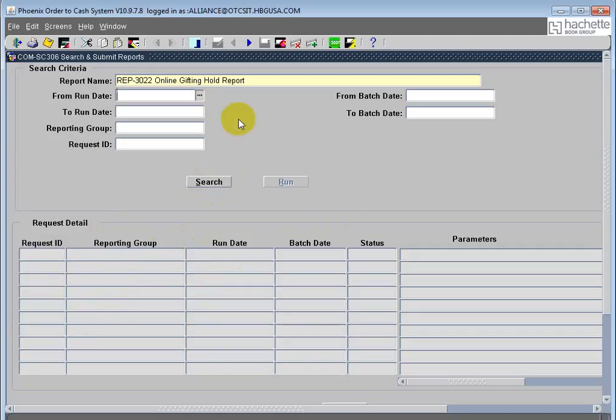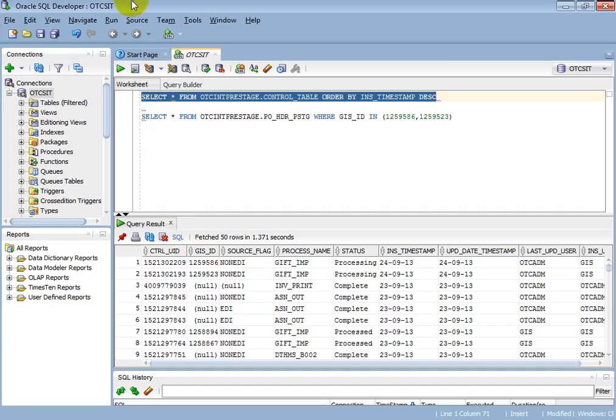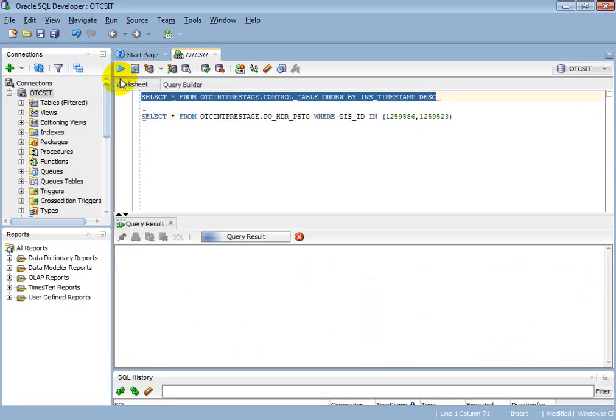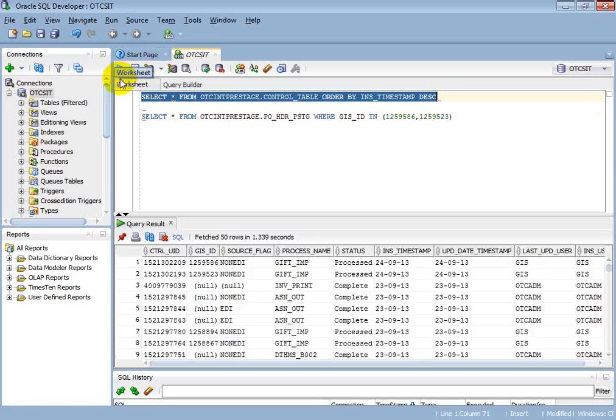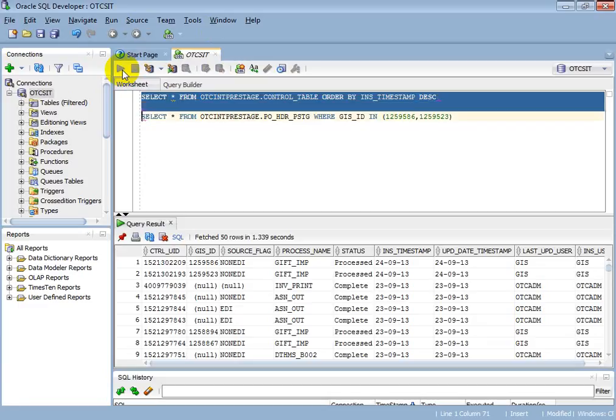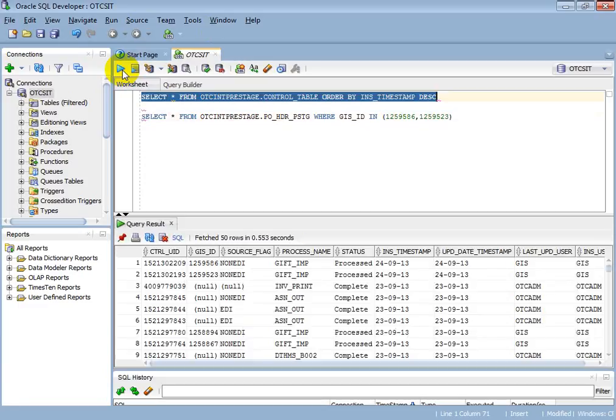That is for batch jobs. If it is an online report, then as soon as you select the report name in this section, this run option will be enabled. Do you get the requirements for new reports as well? Yes, you'll have a new field here in the report section. New reports will be added automatically.